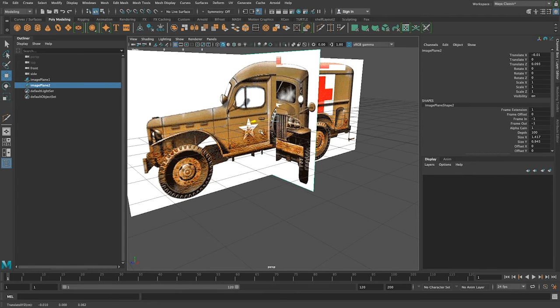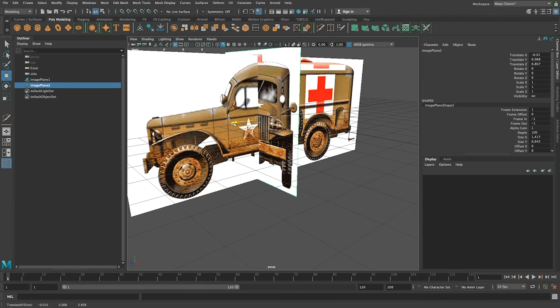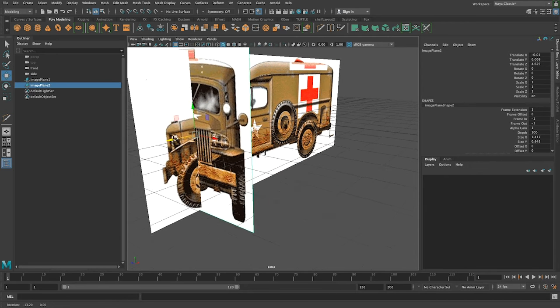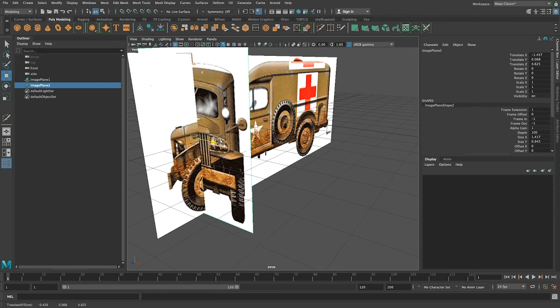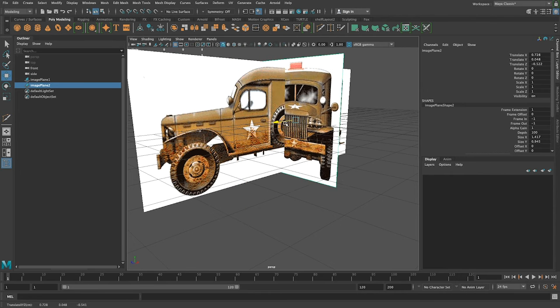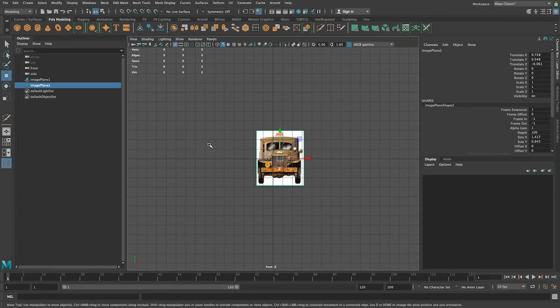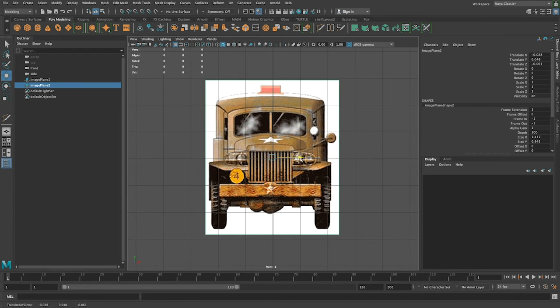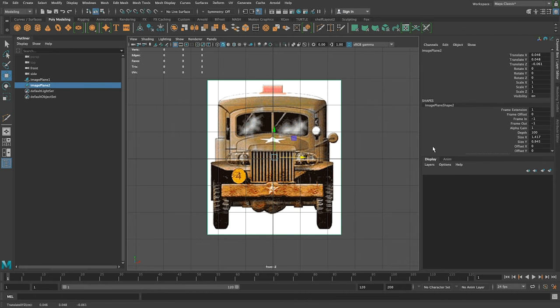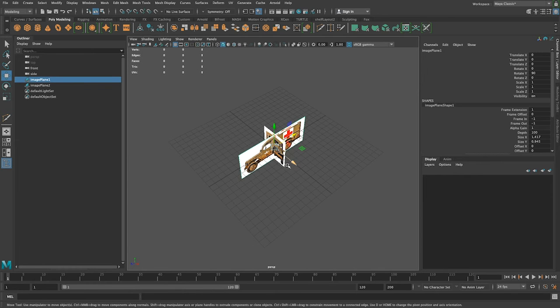I mean, it's just getting a general feel. It looks like it's a little bit low on the roof. Let's go ahead and bring that up. See if that messes with anything. Just a little. So just kind of doing the best that I can. And then of course making sure that in the front view it is centered, because I enjoy mirroring my geometry, and I want to make sure that this is cut down the middle. Alright, so I'm going to go ahead and move this off to the side,